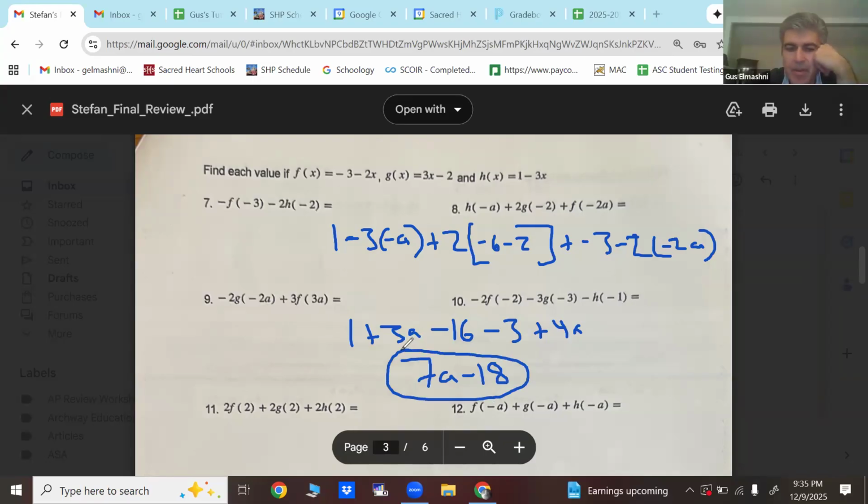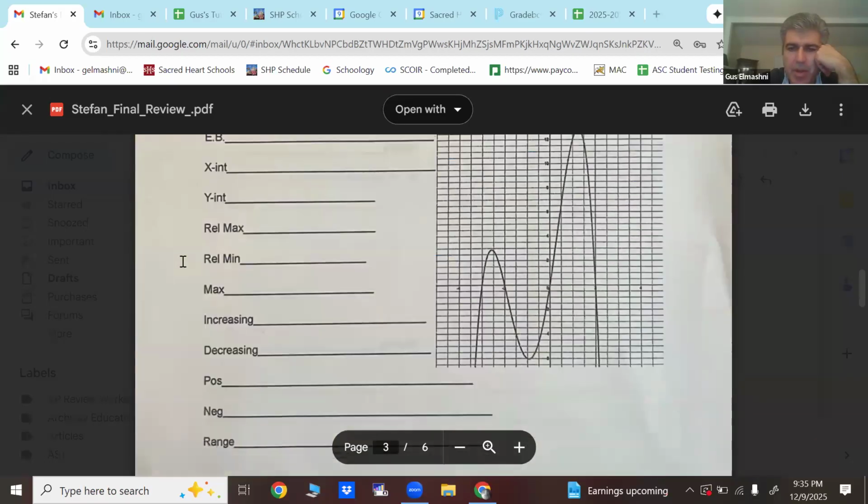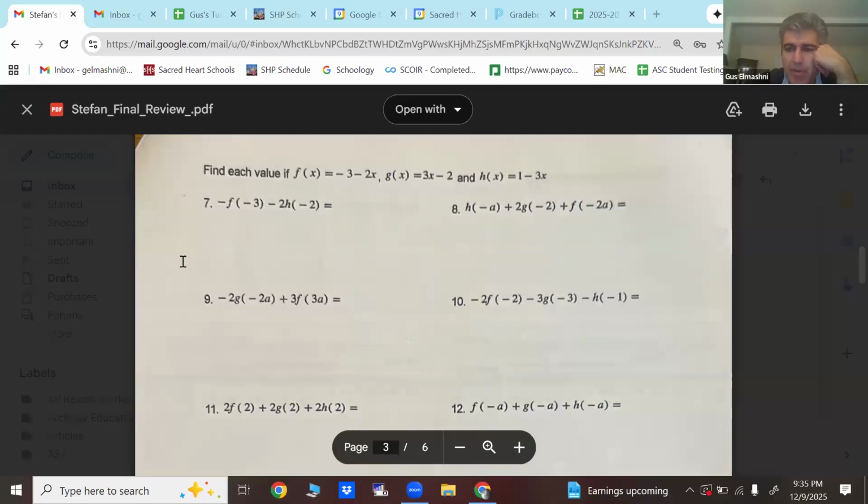So yeah, it's very kind of dry, very boring problems. Nothing too crazy. We could probably just walk through a couple more here, then 11 and 12 you can try on your own. So for 9,